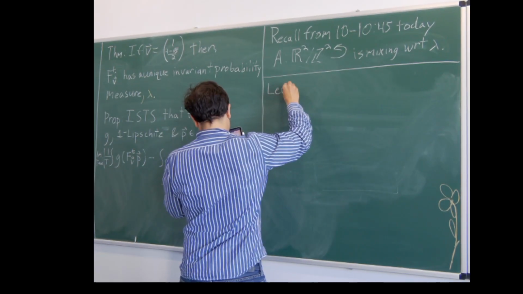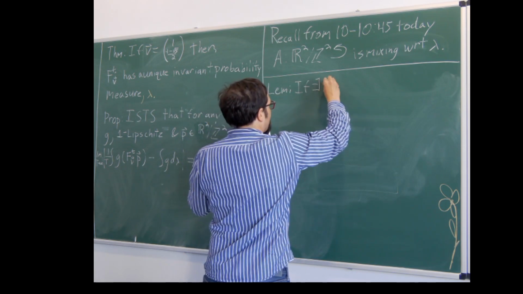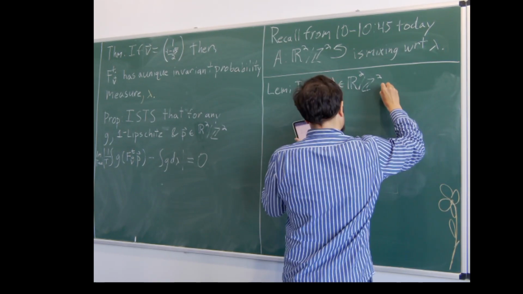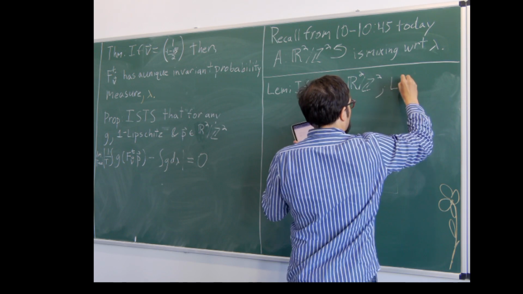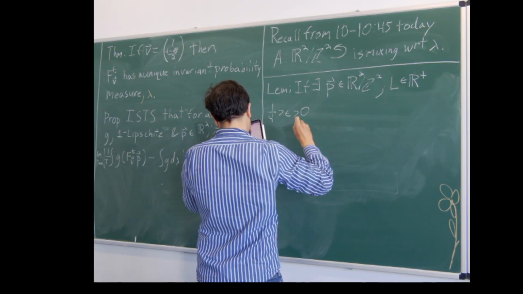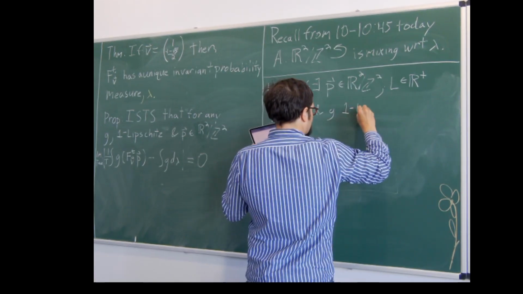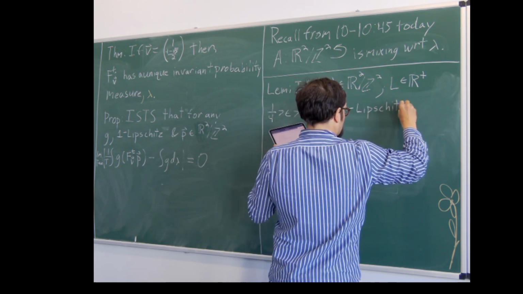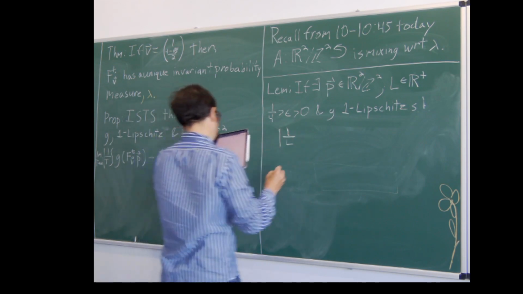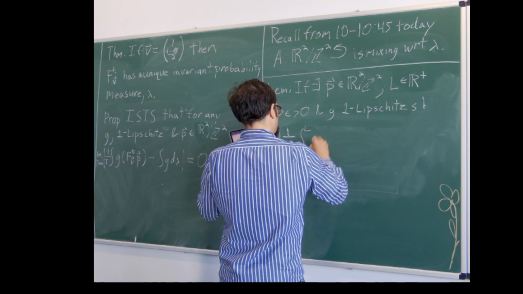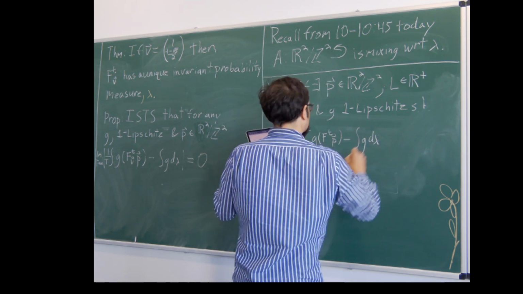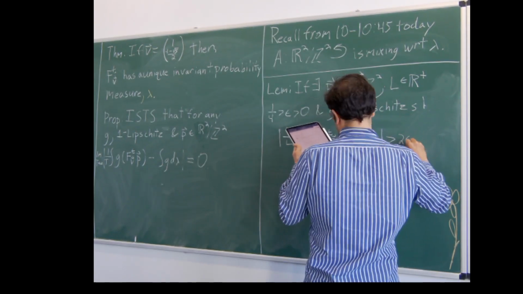Lemma: if there exists a point P in my torus, R squared mod Z squared, L, think of this as a large real number, 1/4 bigger than epsilon, bigger than 0, and g 1-Lipschitz, so that 1 over L times the integral from 0 to L of g of f to the t of P minus the integral of g d lambda is greater than 2 epsilon, then